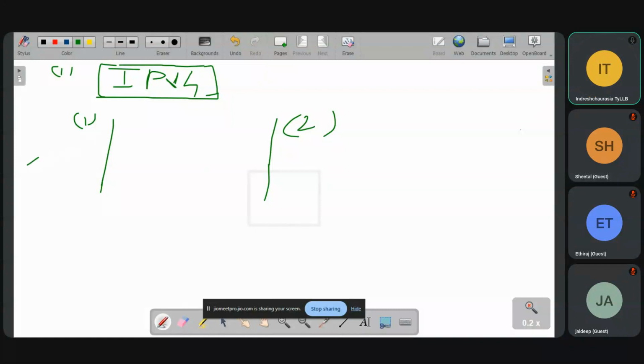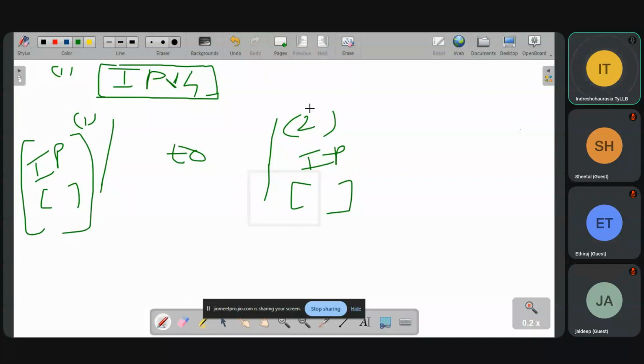IP to IP address. If I have an IP address, then only I can communicate with a second system. Otherwise, I am not able to communicate with another system without an IP address. So any device which comes live on the network is given an IP address.